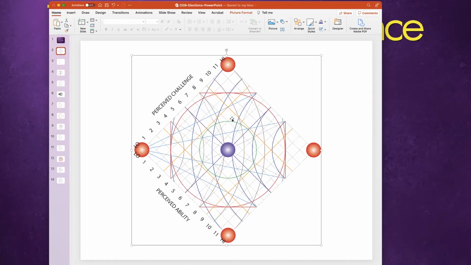Or maybe I want to move them all the way down to apathy, but that's a long trip, everybody. Maybe I could do that, just convince them somehow or another that there's nothing for them to worry about. Everything's all taken care of. There's no reason for them to go out there and vote. The voting is already done. Just give me all your ballots and I'll drop them off.